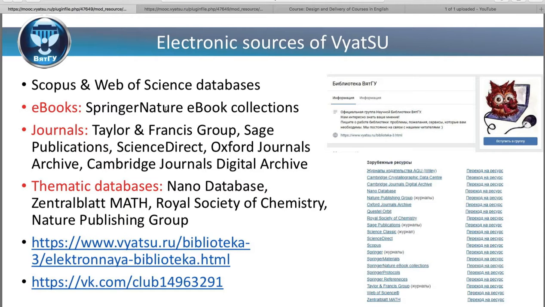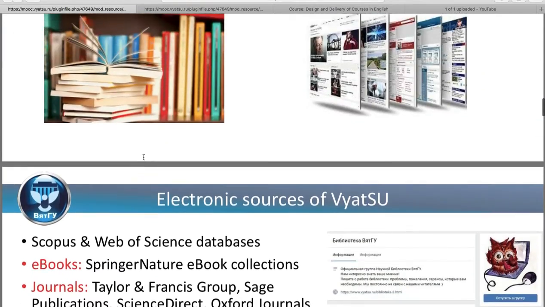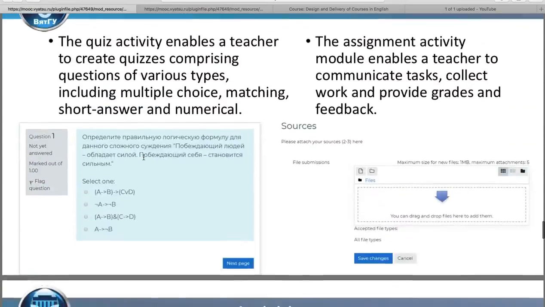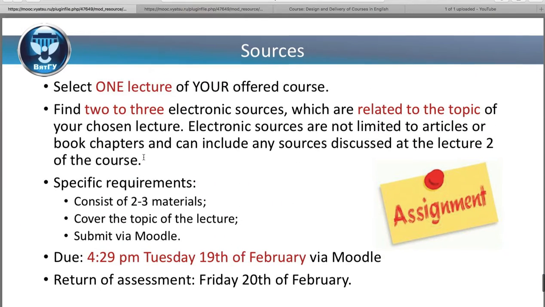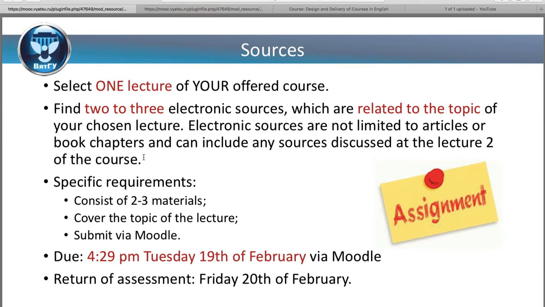So first of all, let's have a look. We have an assignment which is here. So the assignment for sources is coming up soon. You need to choose one lecture of your course that you're planning to develop, and you need to think how you will explain this lecture to your students. For this, you need to find 2 to 3 electronic sources which will cover the topic